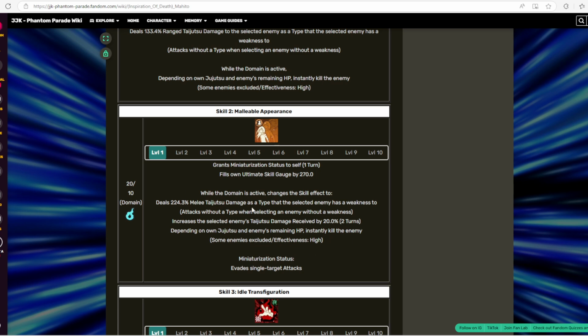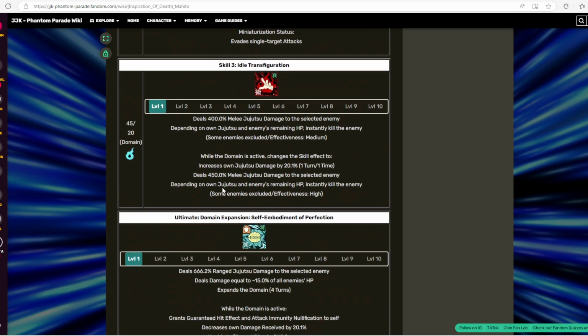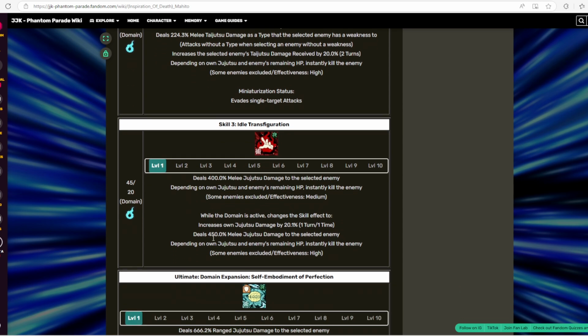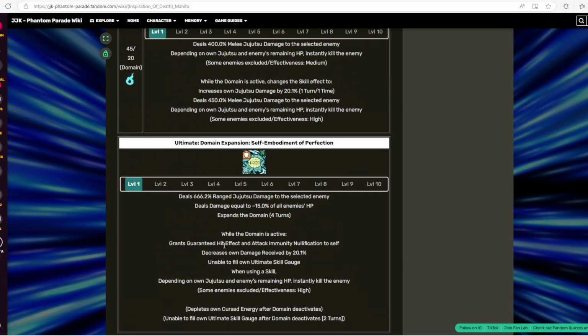And what this skill does is that not only does it make it so that you're one step closer to domain expand, but it makes it so that it evades single target attacks. So that is fairly solid. And then skill 3 we just briefly went over. And then when it comes to the domain expansion,